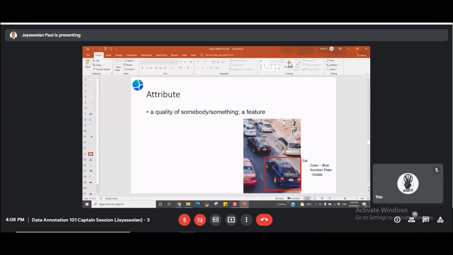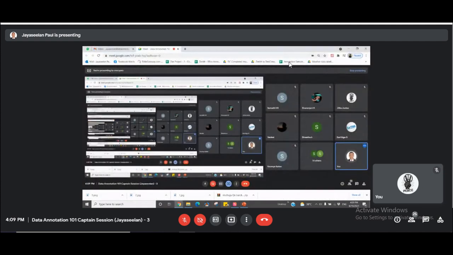Then an attribute is the feature or the quality of one particular instance. This car is blue, the other one is black, this is pink, white, silver. So some attribute of that particular instance. We had color as the attribute, captured along with the subclass and the class as car, and asked you to submit 50 images. Remember, week 1 we had collected 50 car images. We asked you to annotate those 50 images and submit it as a project. I hear that 10 of you have submitted.